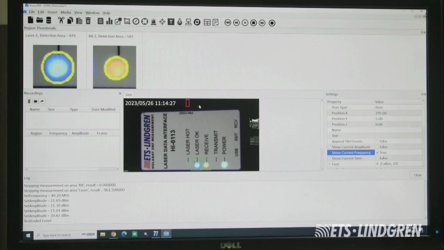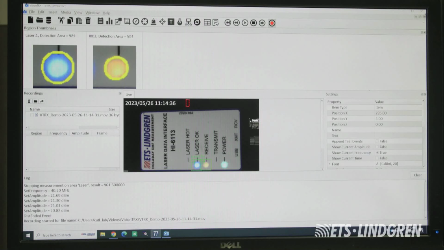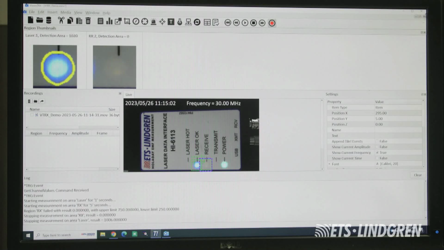So while we're running, that will populate the frequency that we're at, and we can also start recording a video. And now I'll run the test. And we can start taking data and updating the frequency, as well as recording video. So as it runs up in amplitude, it's looking for 20 dBm, and here we go. It's leveling, and you can see as we run the test that the blue light stays constant, but the orange light is